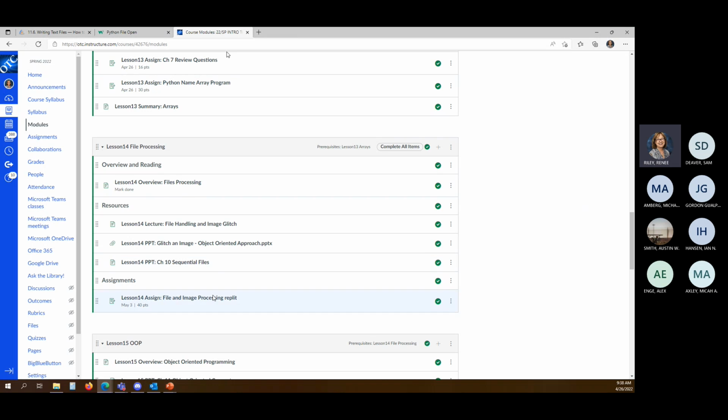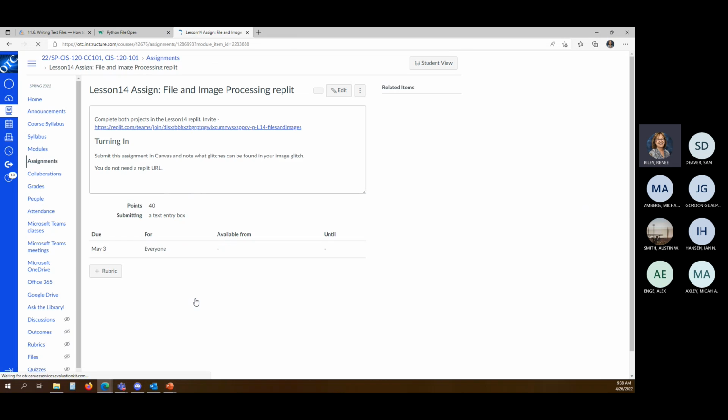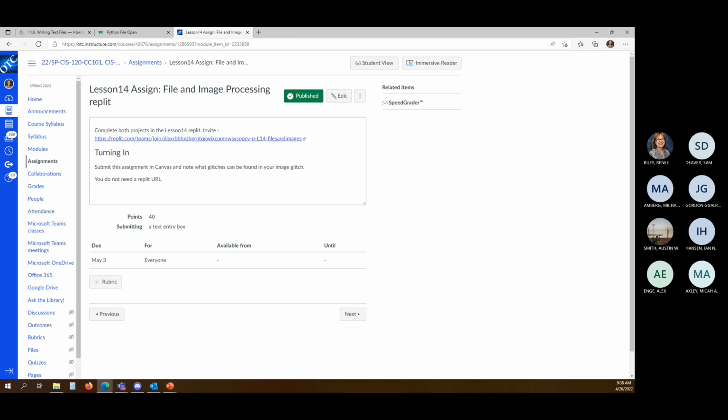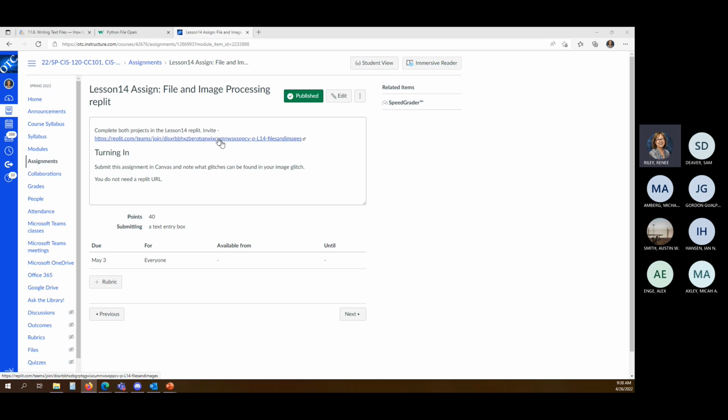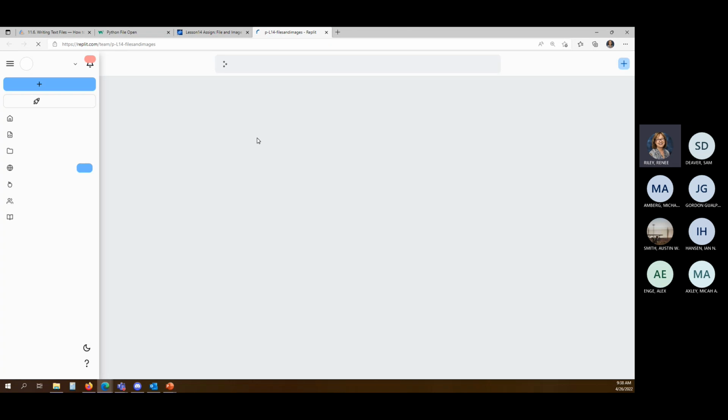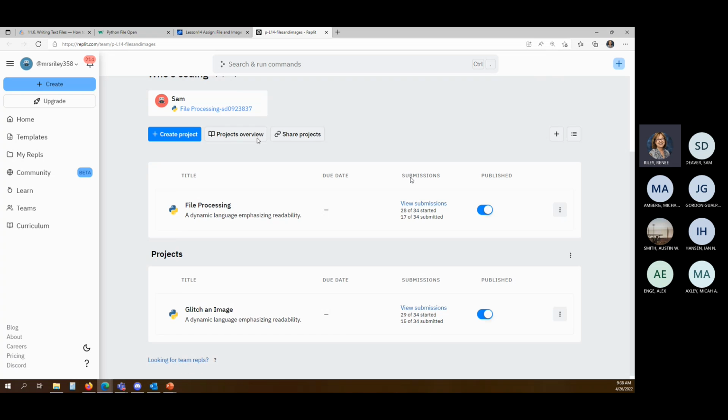In lesson 14, I want you to look at this Replit, file and image processing. I'll try to open it in Firefox, but I don't know if I'll be able to. Nope. My account is just something I can't remember in Firefox. So this Replit has two sections. The first one is file processing. That's the one I want you to work on today. Let's take a look at it. Next time, we'll look at the glitch and image. But in the file processing